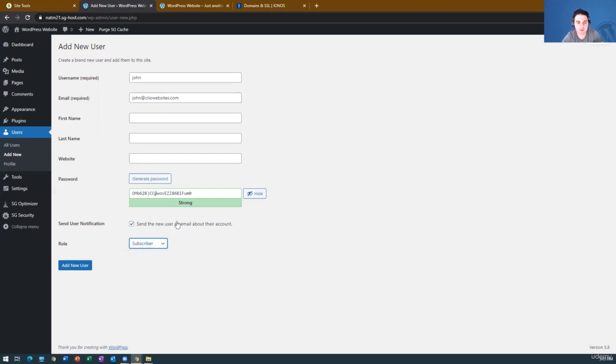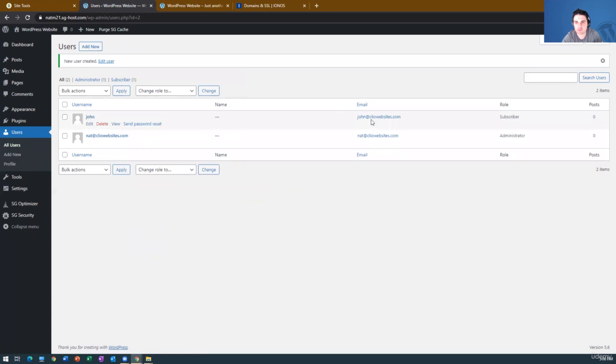For now, I'll just add this fake user as a subscriber, and just to show you what their profile looks like. So here you can also set up, from this screen, you can send a password reset. I'll go directly to that email, and they'll be able to reset their password if they forget it or whatever. You can also